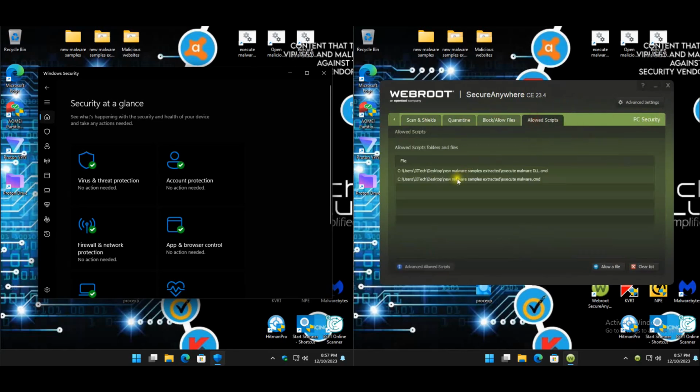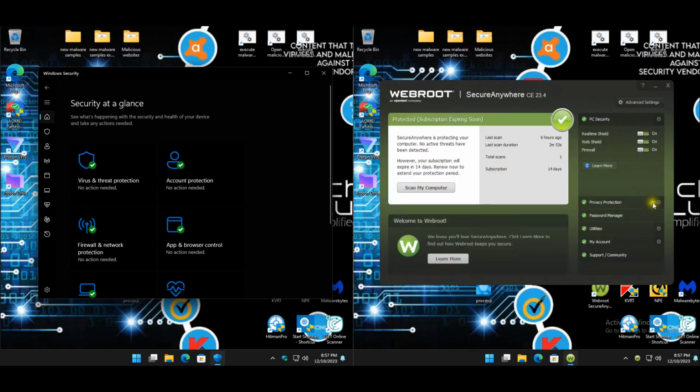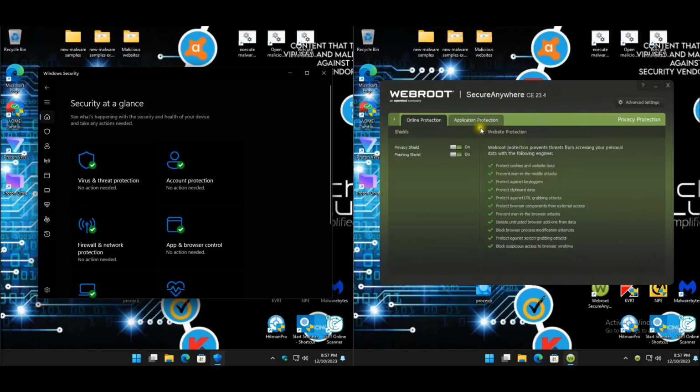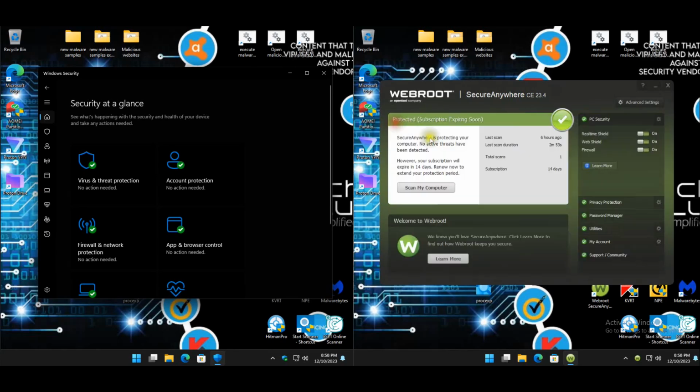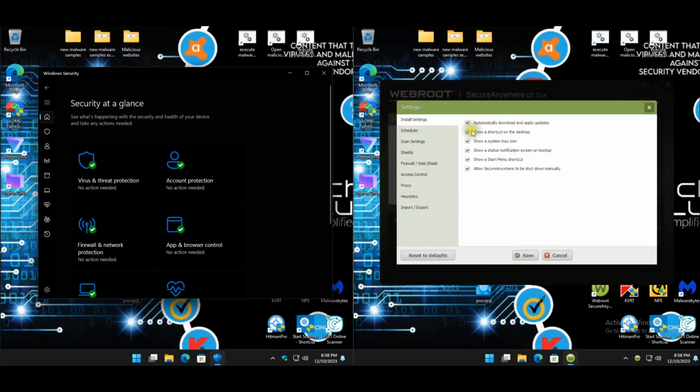Quarantine, allowed list, allowed script. So I know Webroot tends to kill the scripts, or my scripts, so I've made exclusions for the scripts. Let's go over to privacy protection. That's pretty much that. Utilities, not really going to test. And then if we go to advanced settings,